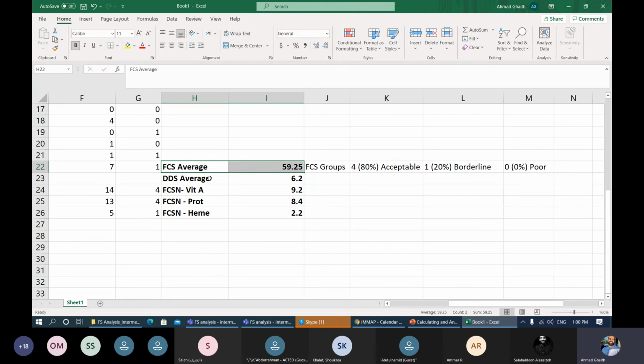But here we have, as we've been telling you, different dimensions. If you do a food consumption score, you easily have the ability to do a DDS, a dietary diversity score, as well. Say the average was 43, we're past the mark, just there, acceptable. But the DDS average is 2.6 or even just 3.9. We're really not seeing a high amount of dietary diversity among the population.